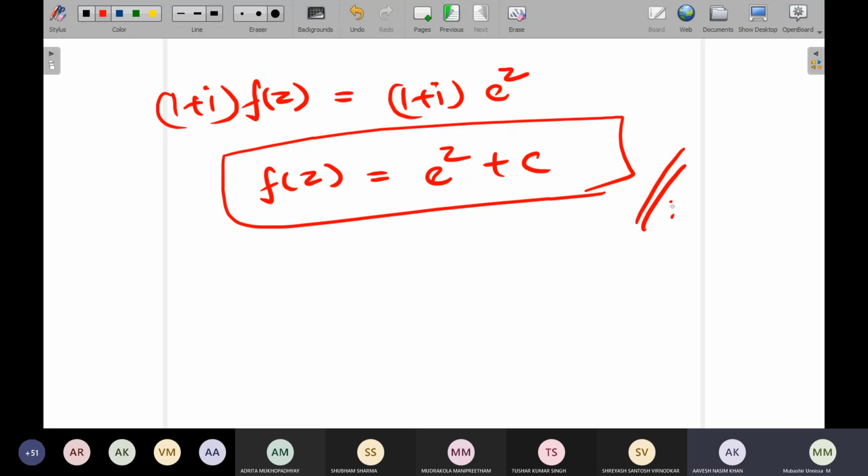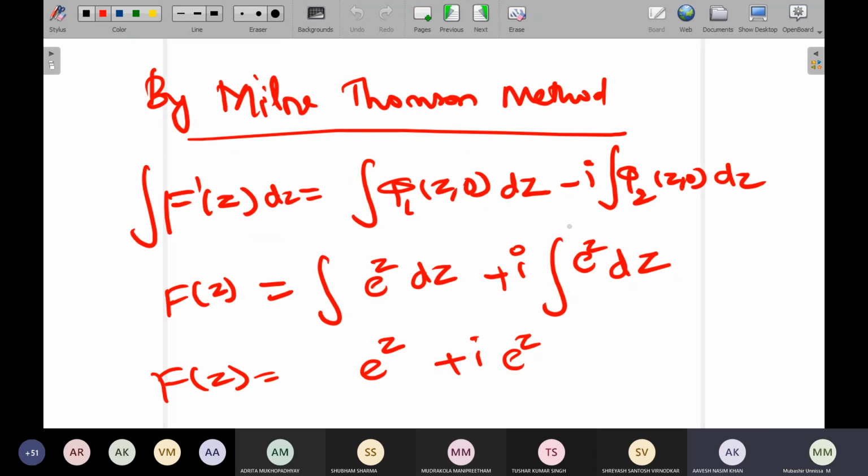Excuse me, ma'am. Tell me. Ma'am, the right hand side should be 1 minus i into e raised to z, right? Oh, here one minus sign is here. In the pi 2 of this one, you got one minus sign. Minus to minus, this becomes plus. Oh, yeah, okay, ma'am. Yes. Okay, ma'am, understood.